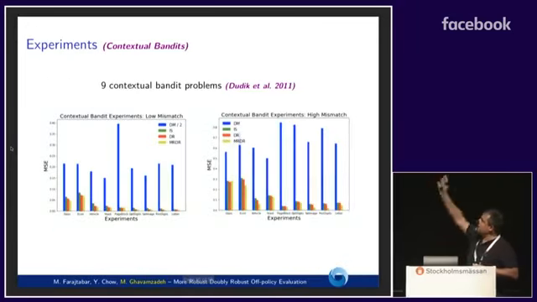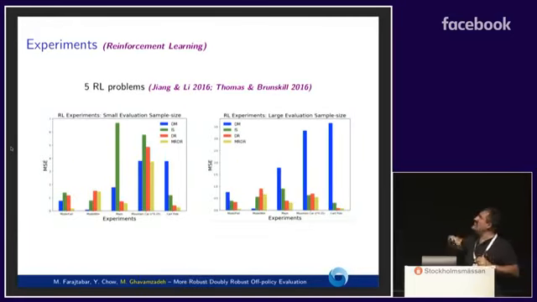So we applied this and compared it with the direct model, importance sampling, and doubly robust, and some other estimators that are not on this slide but are in the paper and the poster, in 9 bandit problems from the original paper by Dudik and the people at Microsoft, in 2 different scenarios. The hard case, when there is a big mismatch between the evaluation and the behavior policy, on the right panel, and the easy case, when the mismatch between behavior and evaluation is small, as well as 5 RL problems from the Thomas paper and his thesis, as well as the mountain car and the cart pole, which I think either both or one of them has been used in the